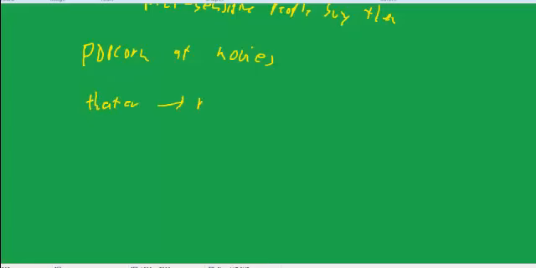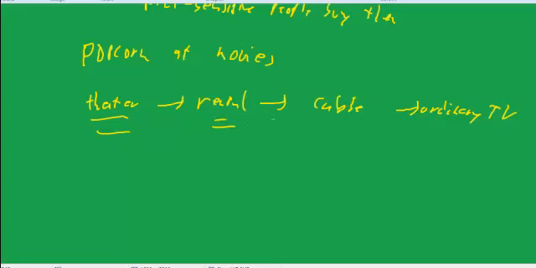They might or might not want to go to this particular movie, or they could conceivably wait until the movie comes out later. Of course, there's some price discrimination involved in just going from the movie in the theater to rental to cable to ordinary TV. You're sort of moving down the demand curve at each step of the way. The people who are most eager to see the movie will see it in the theater, and then people who are not quite as eager will do the rental, and so on. So that's also price discrimination.